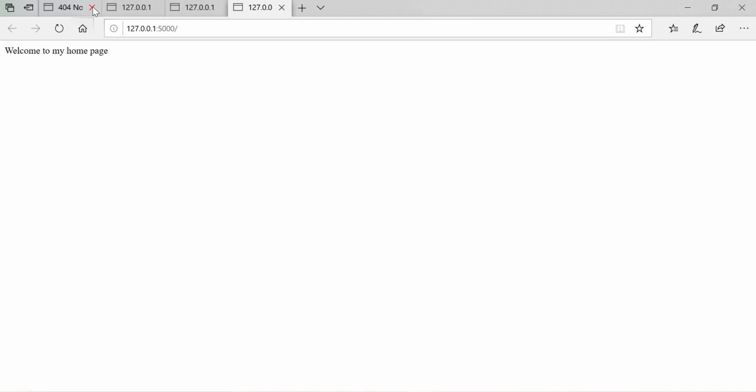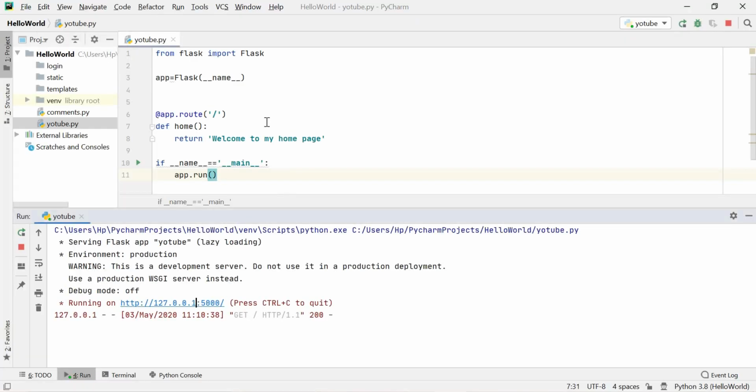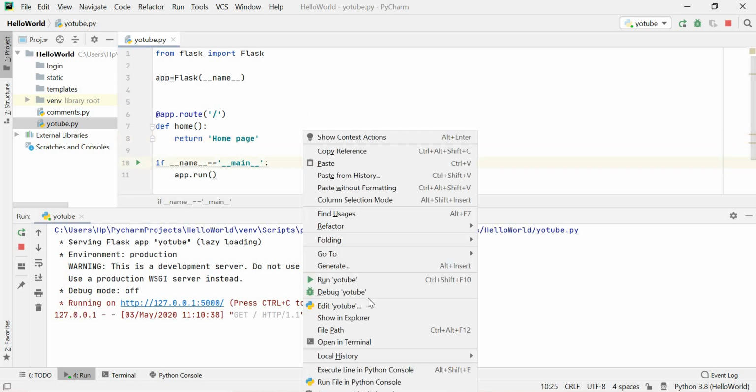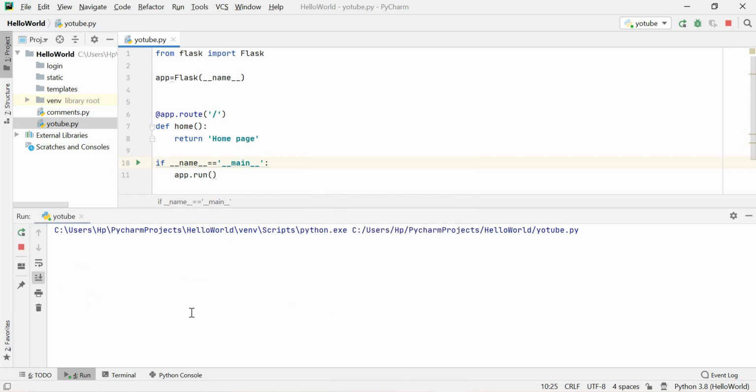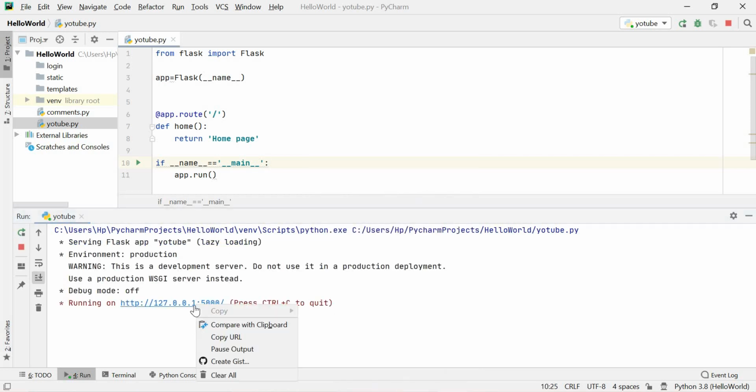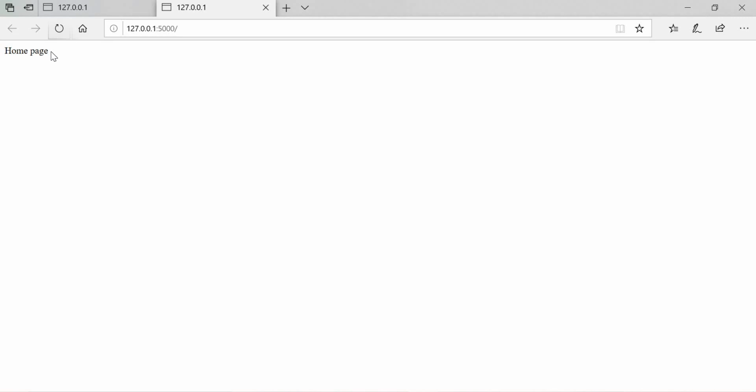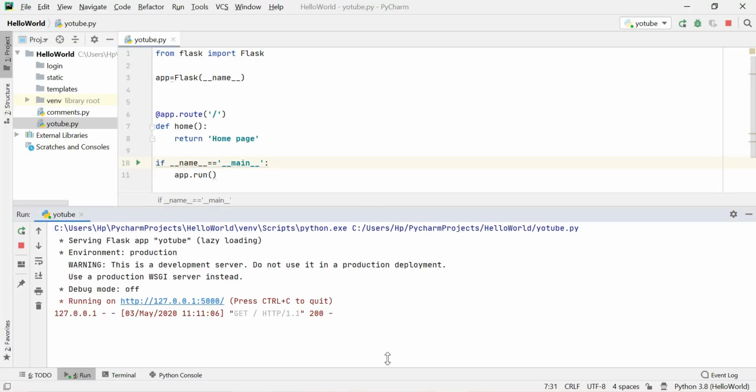Okay, if you want to display some more things, you can go there and change it here as well. Okay, if you want to write here home page, Ctrl S, right click, then run YouTube. You will get this URL. You just hit over here, you will get here home page. This is our home page that we have created in this Flask